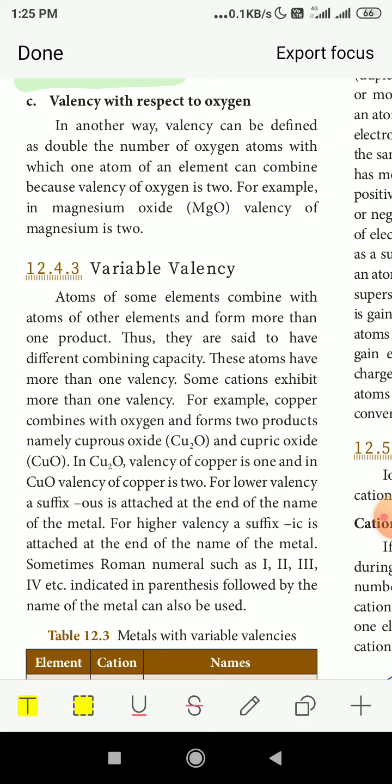So we have studied valencies with hydrogen, valencies with oxygen, valencies with chlorine. With hydrogen it will always be 1, with oxygen it will be 2, and with chlorine again it will be 1. And if the suffix IC is coming, or the Roman numerals added with the name of that element, that will be the valency. Okay, I think you must have understood what valency is and the different types of valencies. Next class we'll go for the ions. Thank you, students.